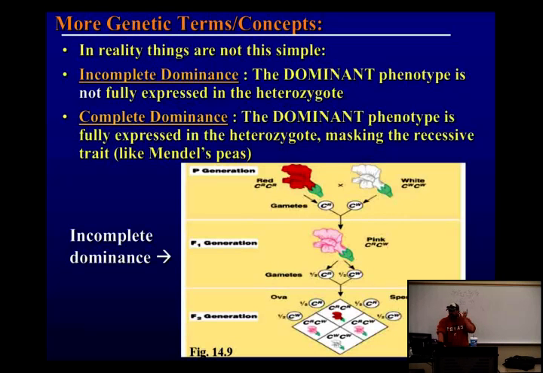One to 2 to 1, right? 1 is red, 2 are pink, 1 is white. Right? So on the test, I might say you cross 2 tribbles with each other, and one was red and one was blue, and their offspring were purple. And to test that, you cross the 2 purple offspring, and you got 1 blue, 2 purple, and 1 red. What's that an example of?